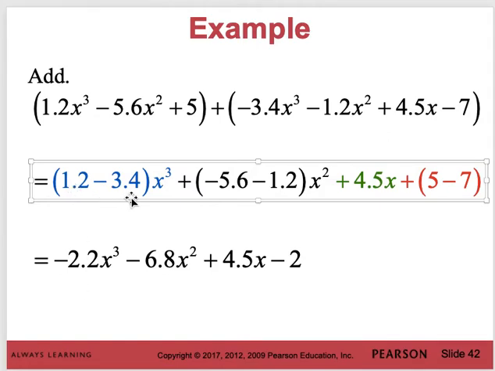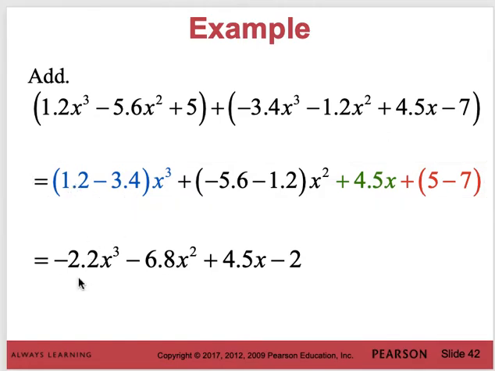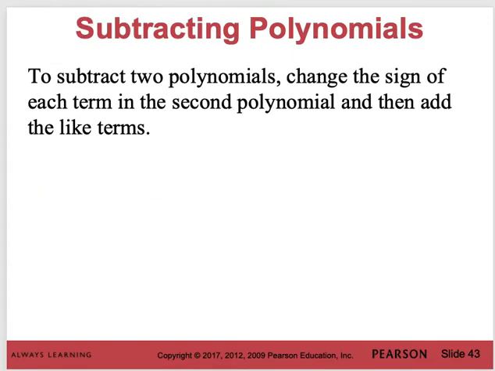1.2 minus 3.4 equals negative 2.2x cubed. Negative 5.6 minus 1.2 equals negative 6.8x squared. Nothing happened to the 4.5x since it was the only one, and 5 minus 7 equals negative 2. We cannot simplify this any further because all of these variables are raised to a different power, so they're not the same. We can also subtract two polynomials: change the sign of each term in the second polynomial, and then